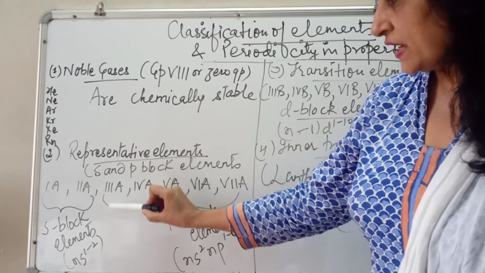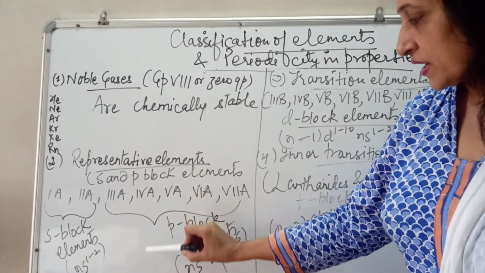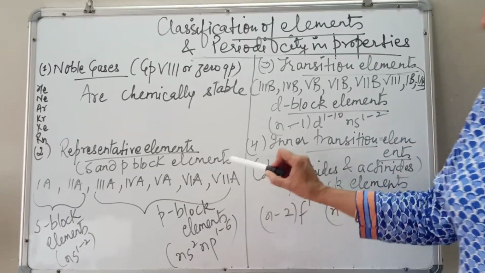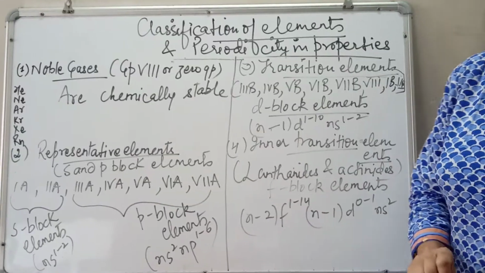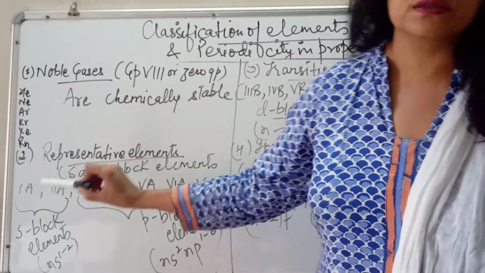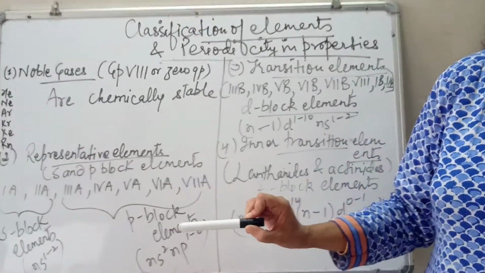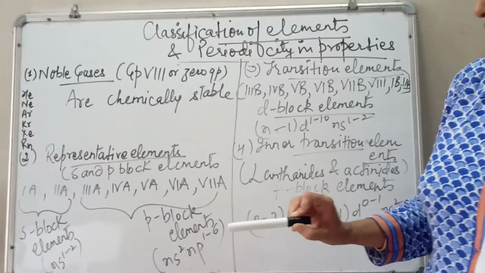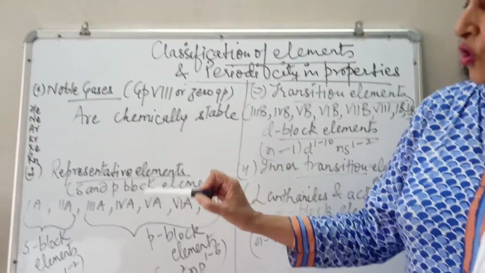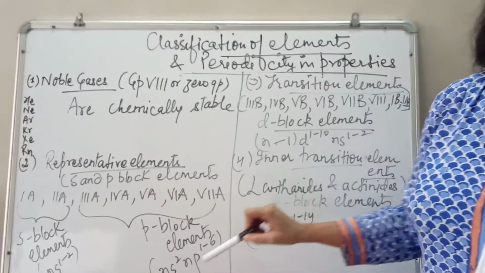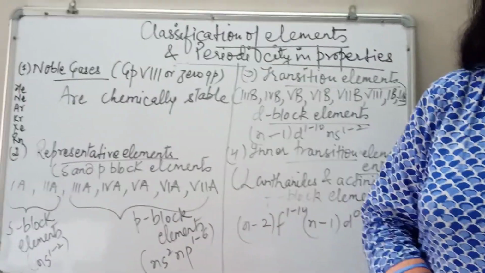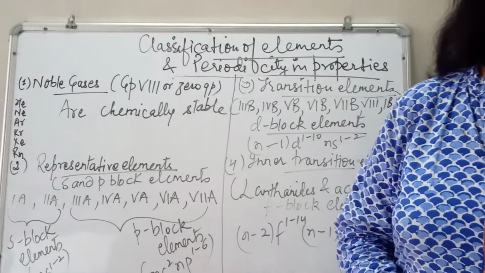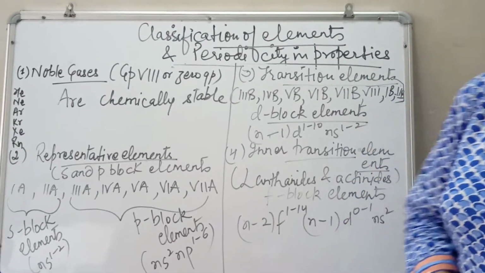You all know 3A is the boron family, then 4A carbon family, then nitrogen family, then oxygen family, and then these are halogens. Now these are mainly non-metals, but some are metals also, but the majority of the elements are metalloids or non-metals. They are just the opposite of these. They are typical non-metals, so they are mostly bad conductors of electricity, and they have variable valency.